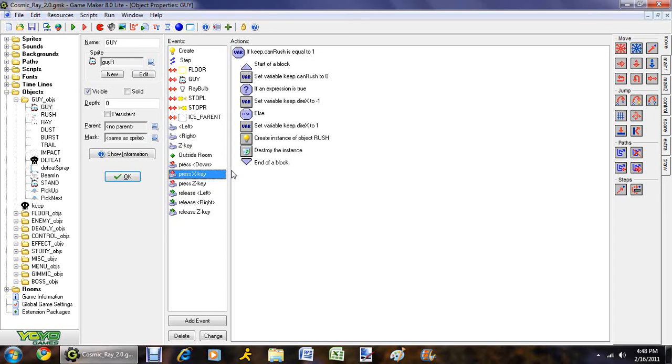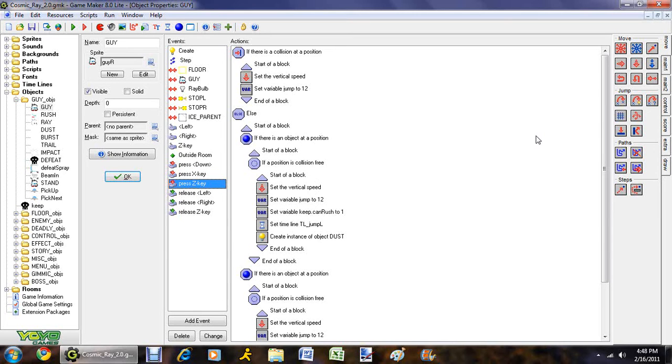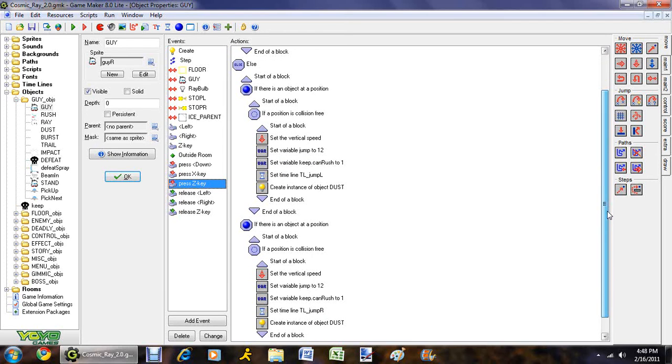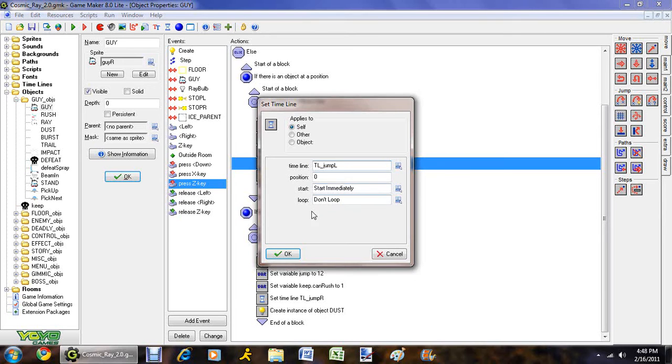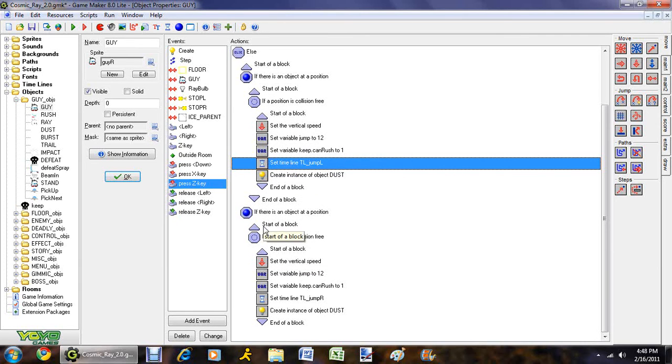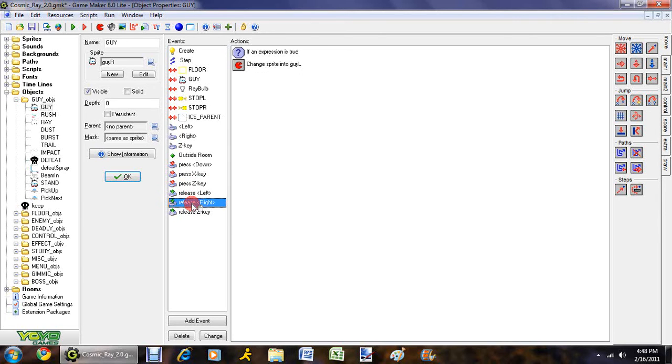X key is the dash attack, Z key is the jump. Look at the jump. The jump is ginormous. You'd just think, oh, jump, okay, go up. But it's a little bit more complicated once you put in the wall jump. All this stuff here is the wall jump. This here is like a timeline that opens up that gives you momentum when you jump off the wall. It's kind of complicated once you add a wall jump. So there, I just showed everything. That's the entire